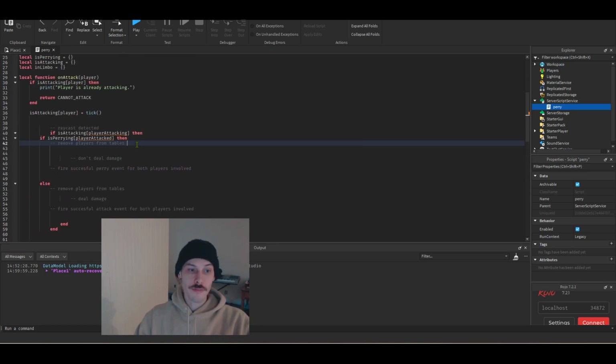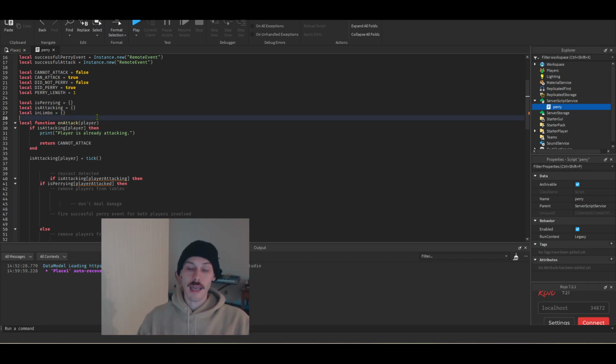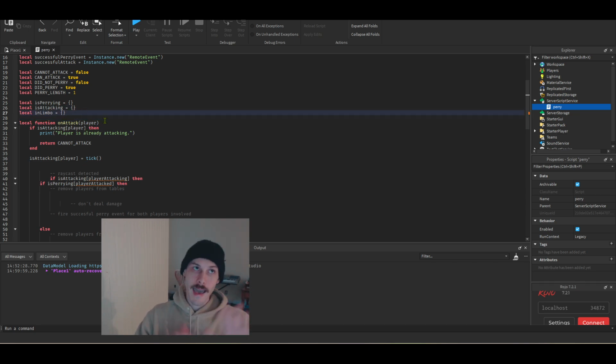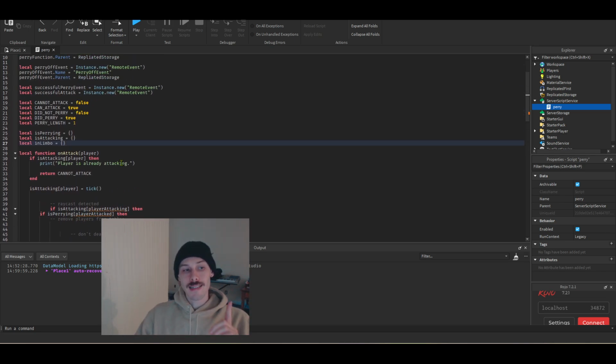So we do want to remove them first, and we do want to put them in the limbo table because we want to play out whatever's happening after the attack. We don't want an attack to happen after an immediate situation has occurred. After an attacking situation has occurred, whether it's been parried or not, we want to put them in this limbo table. You can call it something better than in limbo, okay? But we want to put them in that limbo table